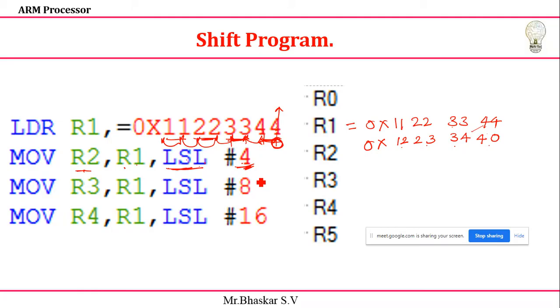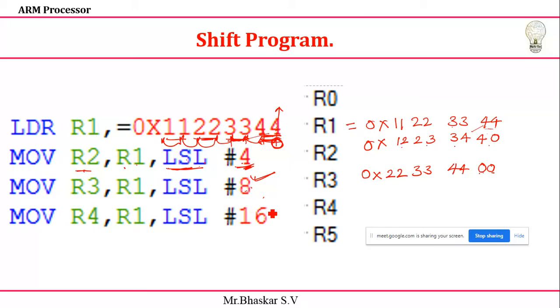Okay, now you tell me what is the value for this case. That's all. Completely, these two will come to 8 bits. 8-bit logical shift left I need to do. So these two will come to here and padding will be done for 8 bits. You add 8 bits, this is 4 bits and this is 4 bits, that is complete 8 bits. Now this 44 will come to here. Next is 33. Next is 22.